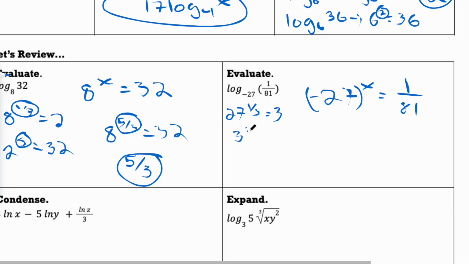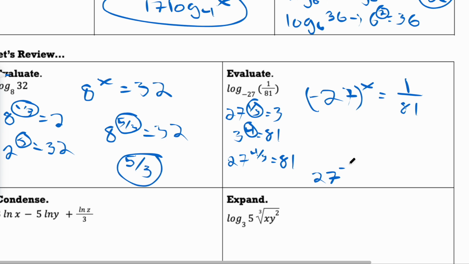4th power equals 81. Now I'm just going to multiply these two. 27 to the 4/3 power equals 81. Now we have 1/81. So if we have a negative exponent instead,